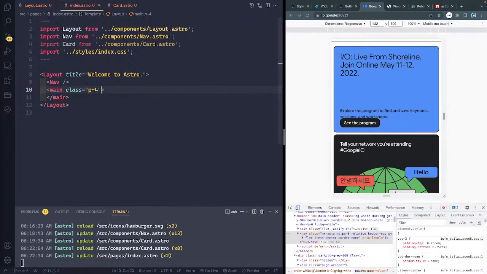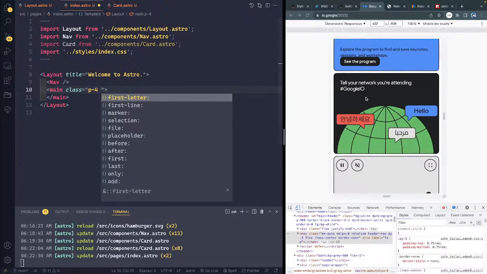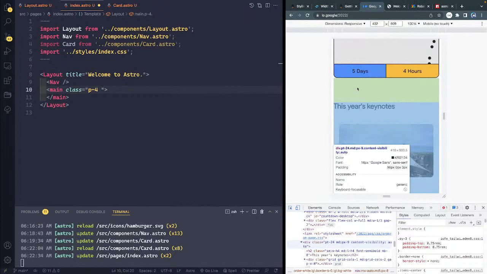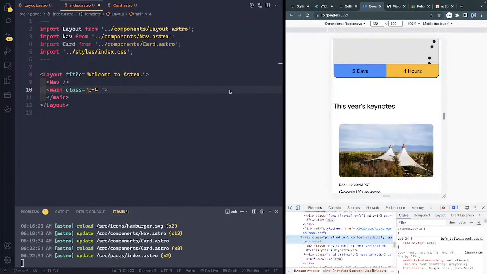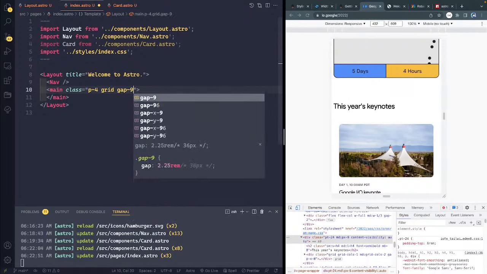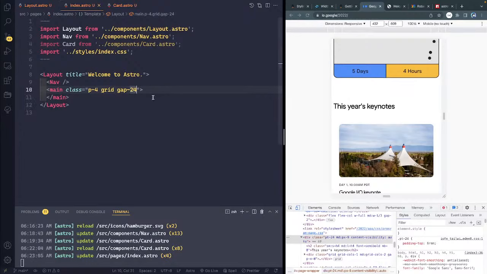And let's see what else we need. Probably if we make this a grid parent, then we can separate these sections out by what, 96? So let's make this a grid, and then we'll do a gap of, let's see, what is 96? 48 is 132? Nope. 28? Nope. 24? Hey. All right, so we'll do a gap of 24 between all the children,